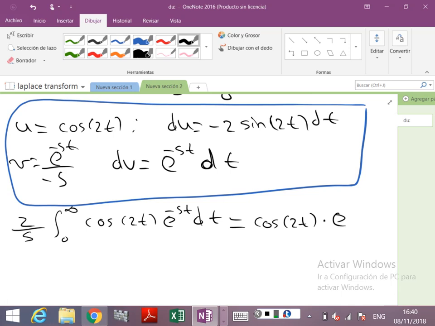So I think the battery of my pen is not really good. Let's see. e to the